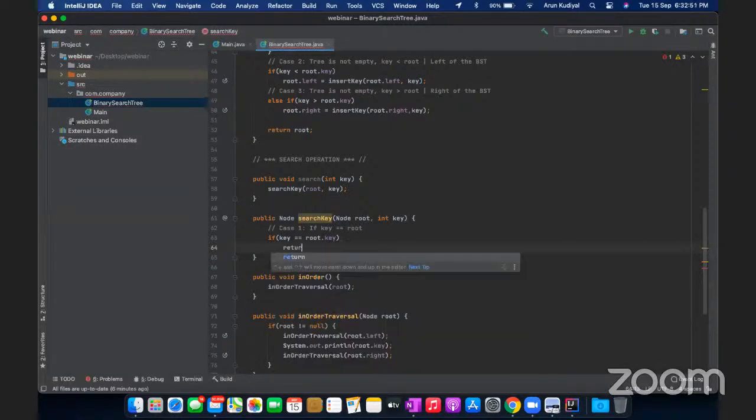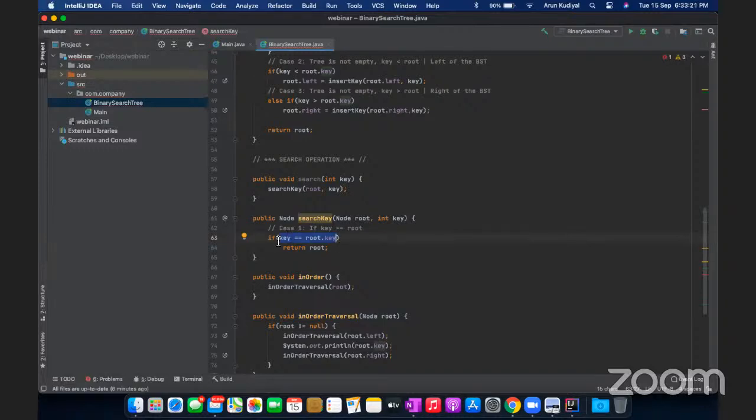Okay, so I'm just going to say return, and this is going to say root. Anyone could think about if the key does not exist. For now, let's say there is a BST and you have a key. Will this work? Just think about this particular case. We are saying you might have a root,